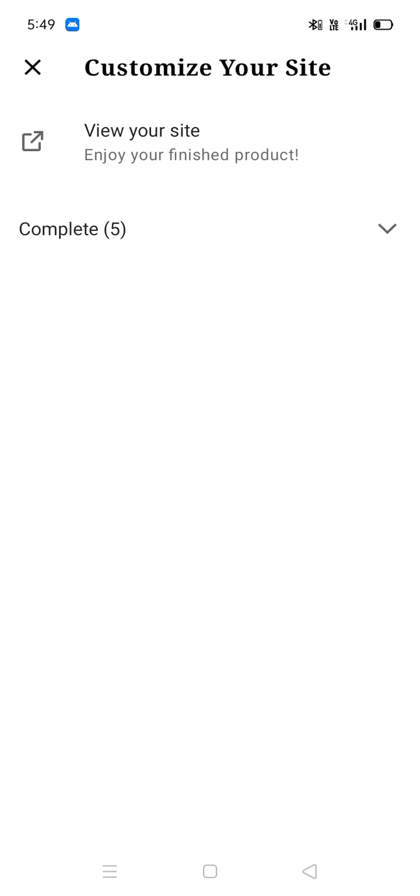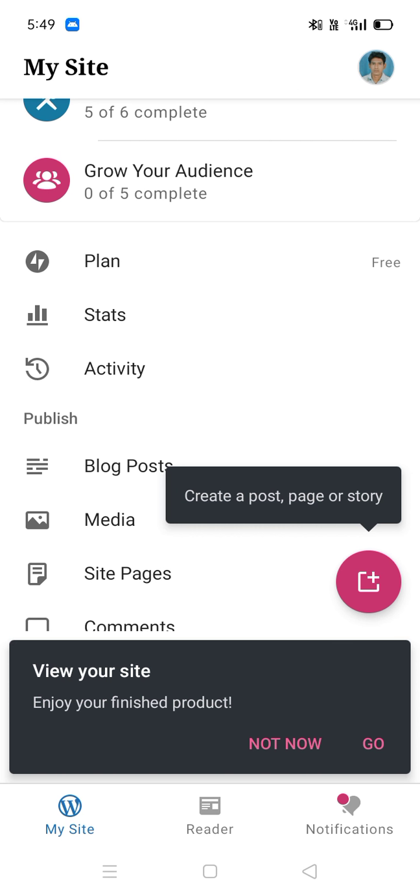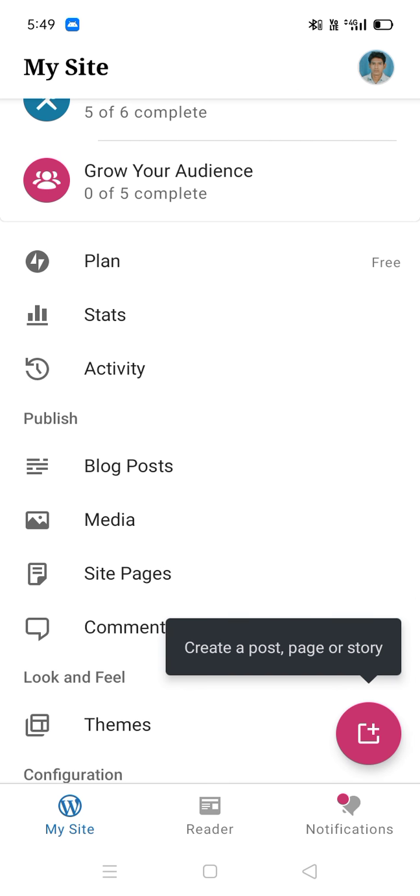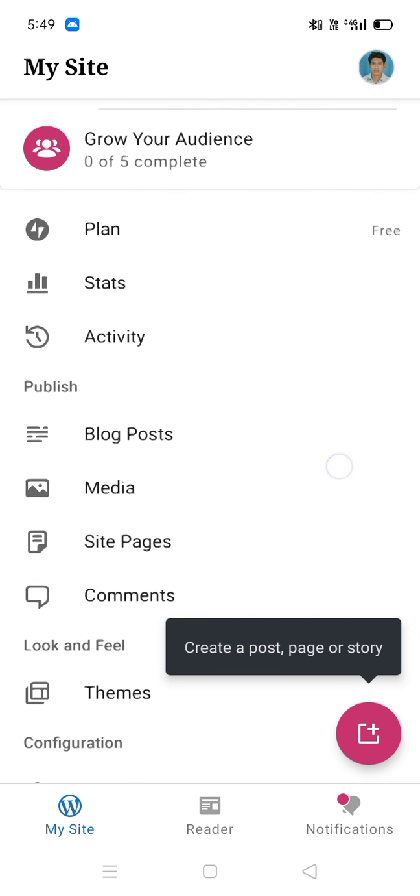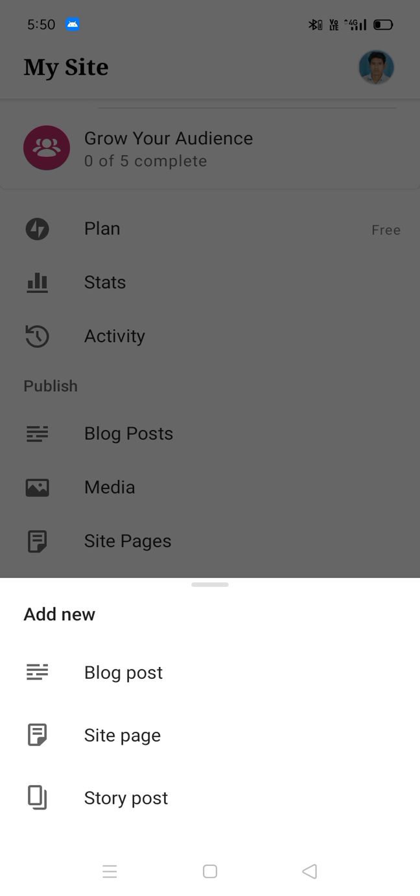For creating a new blog post or page, we need to click here on the plus button. If you want to create a blog post, a site page or a story post, choose as you want.